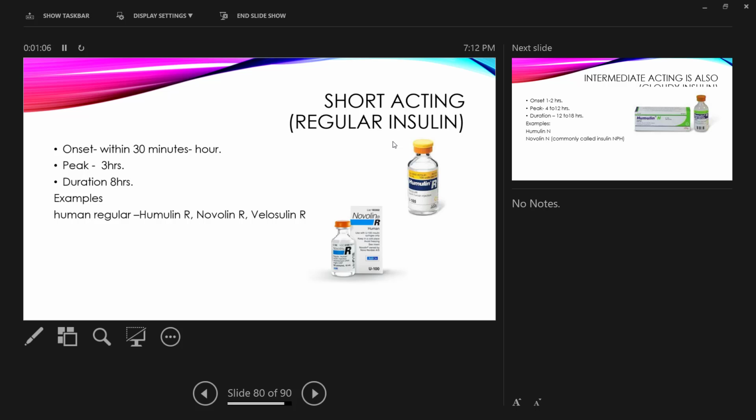The onset for the short-acting, also called regular insulin, is within 30 minutes to an hour. Short-acting insulin takes longer to peak. They peak after 3 hours of injection compared to the fast-acting or rapid-acting. And then within about 8 hours, these insulins are out of the patient's system. So they also stay in the system longer. Examples of short-acting insulin include Human Regular. Brands are Humulin R, Novolin R,